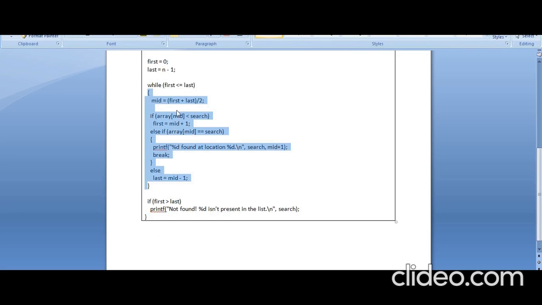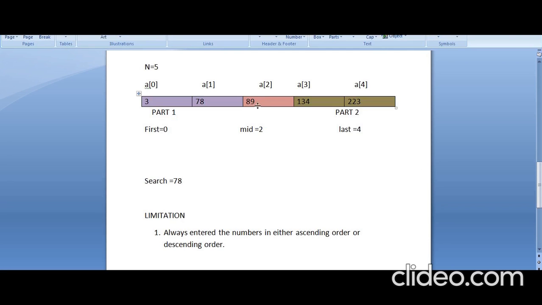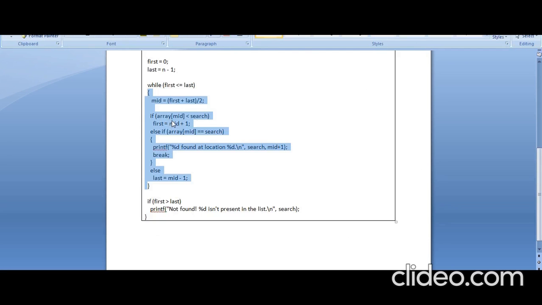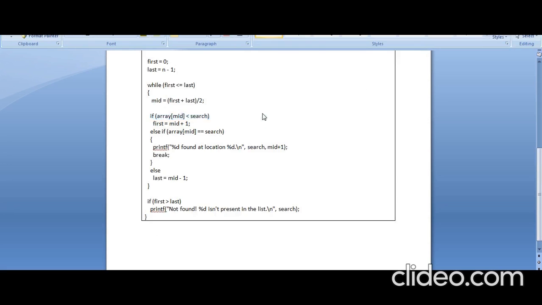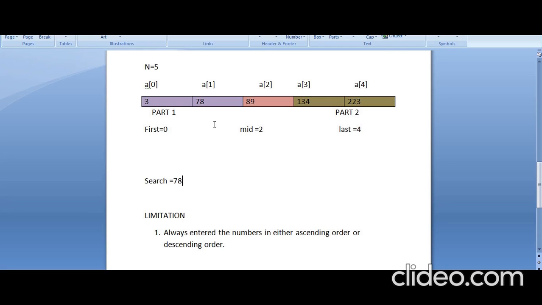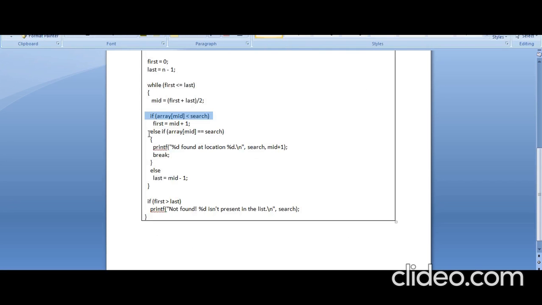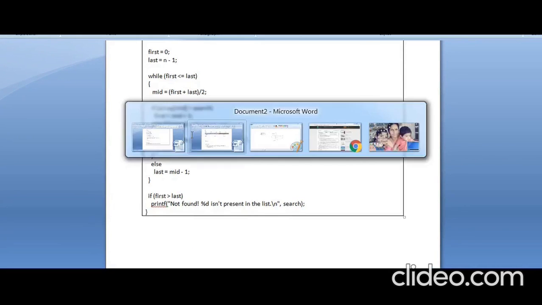Yes. Now calculate the mid. Mid is 2. Now check. If array of mid, array of 2, is 89, whether it is less than search, which is 78. No, it is not. So it will not execute this part. Array of mid equals search.